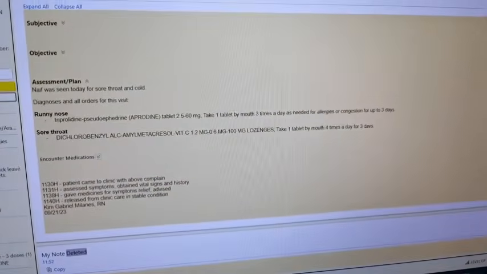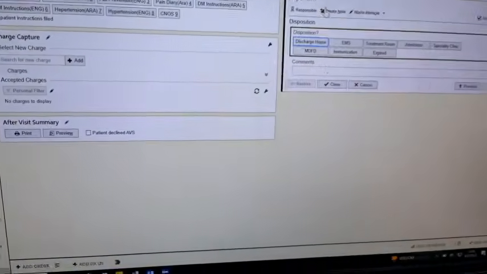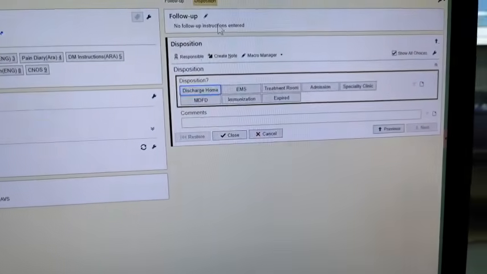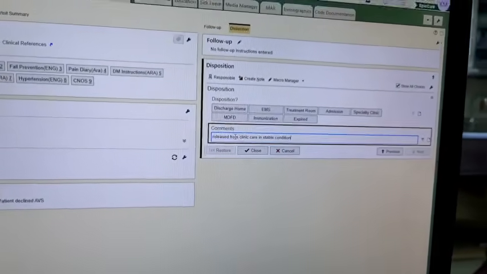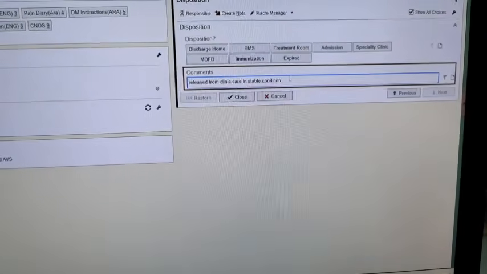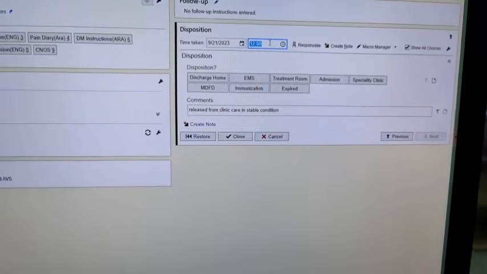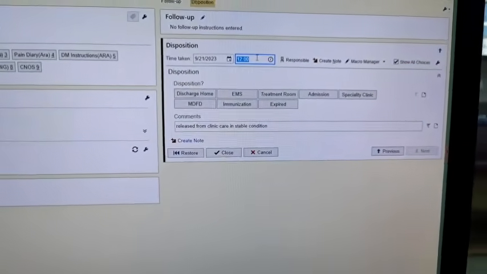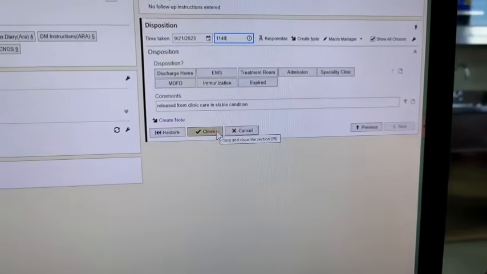So once I click accept, I will go to wrap up now. This is the disposition. This is important. You need to fill this. Disposition, just put release from clinic care in stable condition and which time your patient left the clinic. So it's 11:40. And that's it.